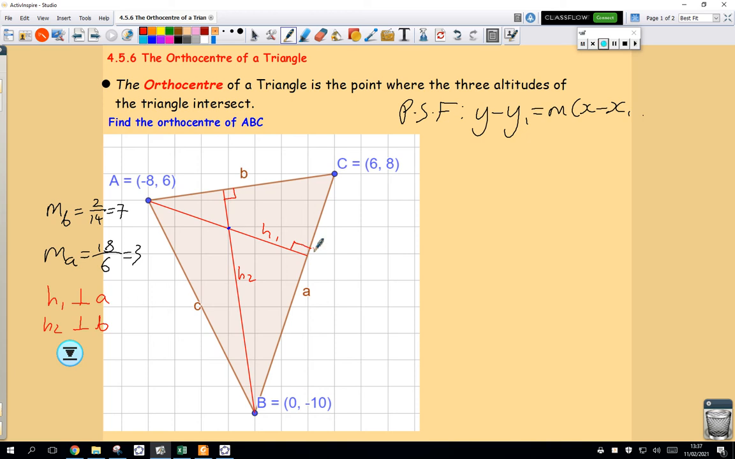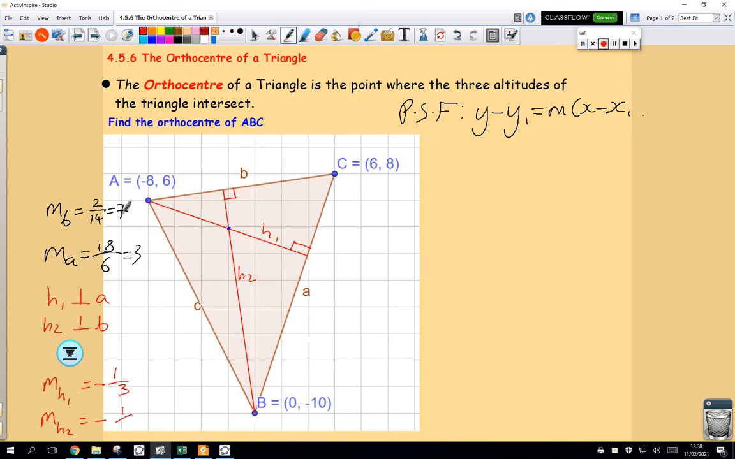So I can find the slope of h1. Well, it's perpendicular to a, so it's going to be the negative reciprocal of the slope of a. Negative reciprocal of 3, that's negative 1/3. Now the slope of altitude 2, which I'm calling h2. h is the typically used letter for altitudes because they give me heights. If I was to place this on base b, well, h2 would be the height of the triangle. h2 is perpendicular to base b, so the slope of base b is 7. The slope of h2 is going to be negative